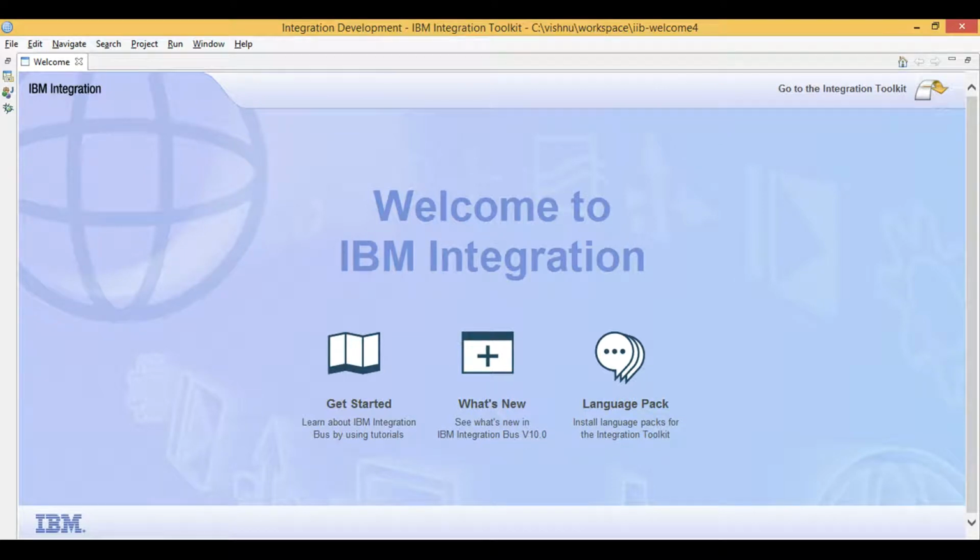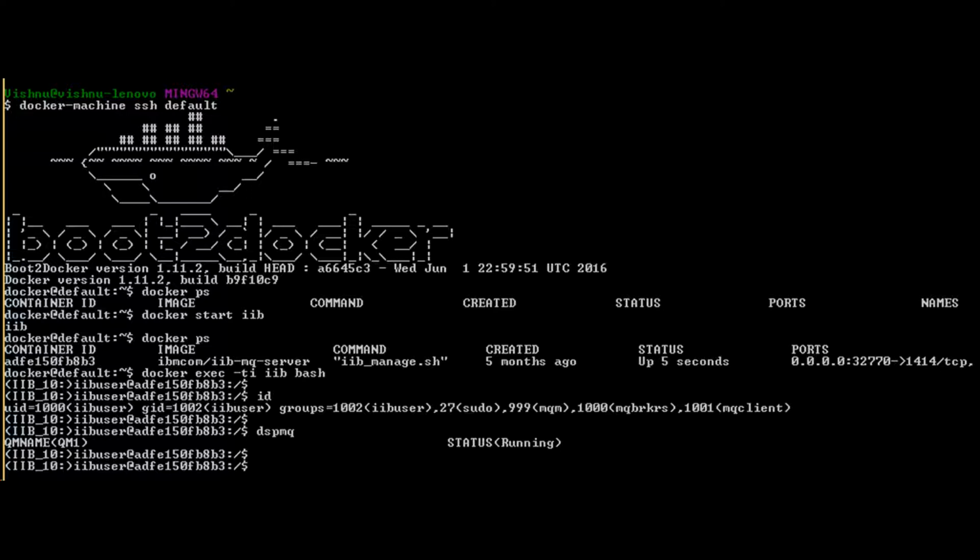Let's learn IIB. Today, I will show you how to allow access to your queue manager from specific users and specific IP address in both Windows and Linux on Docker. I will demo today's video using queue manager from a Docker instance. See link in description for how to install IIB and MQ on Docker.